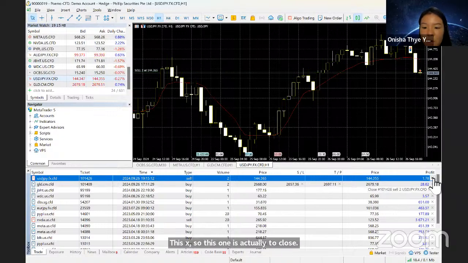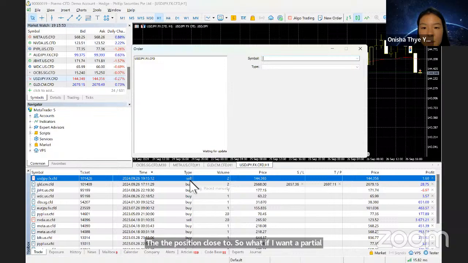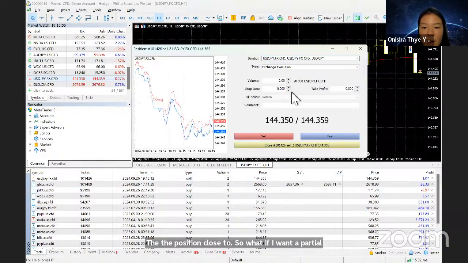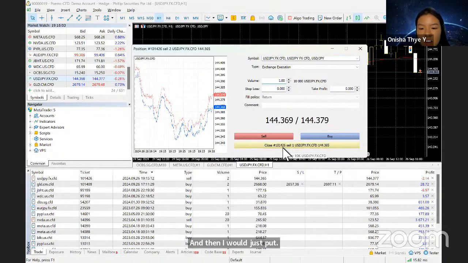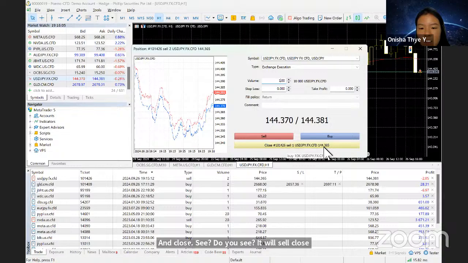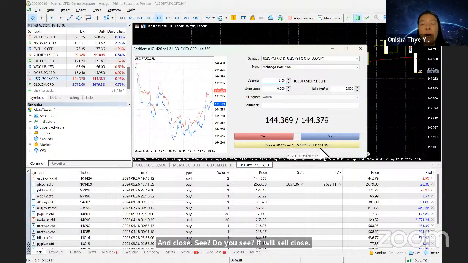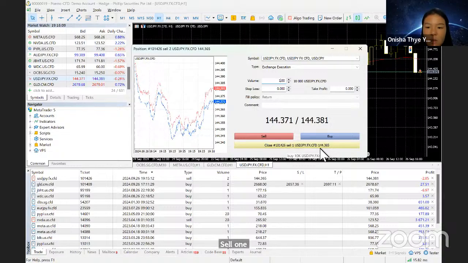What if I want a partial close, not a full close of these two lots? I can just double click, put one, and close. Do you see it will sell one USD JPY? Which means that I'm doing a partial close for this particular position.